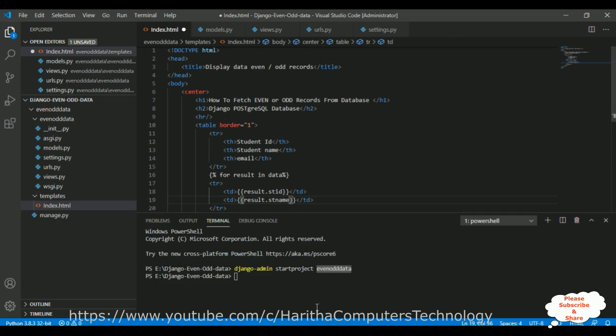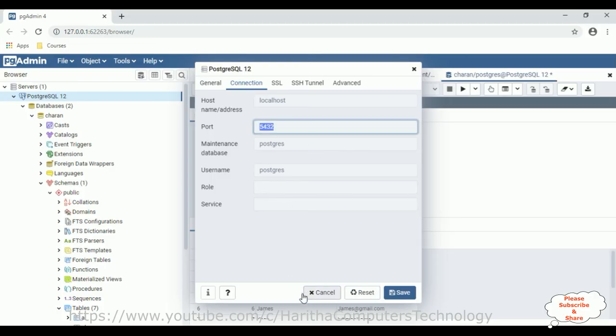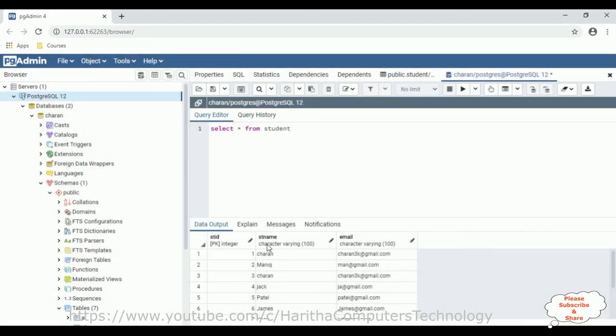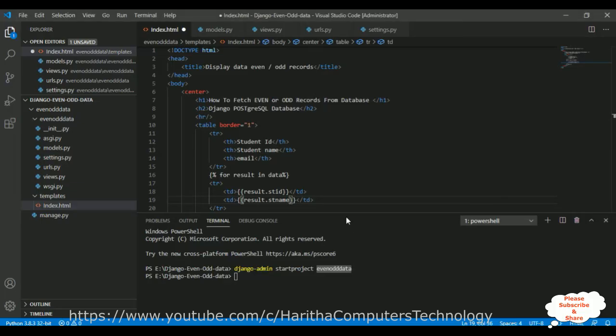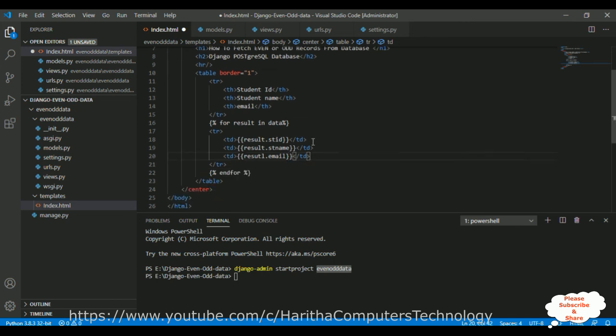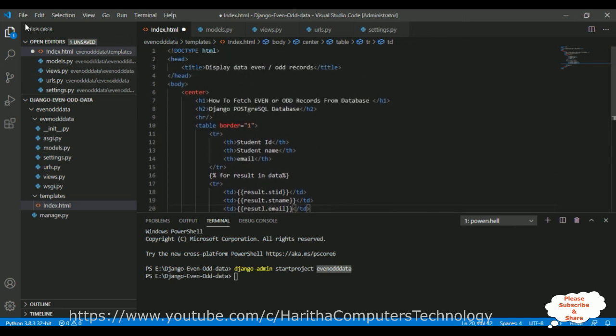You need to add the exact column names. First let's close this pop-up window. Student name and the last one email, td. Again between double curly brackets result dot email. That's it, we have done the complete coding part. Let's save this file. Now we check the results.